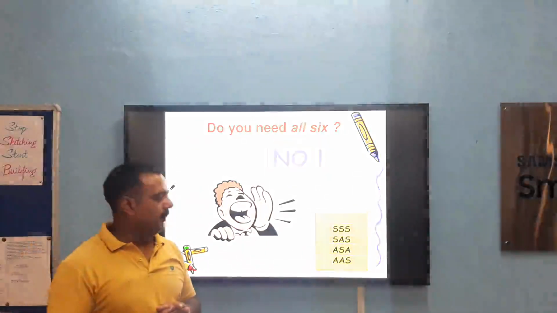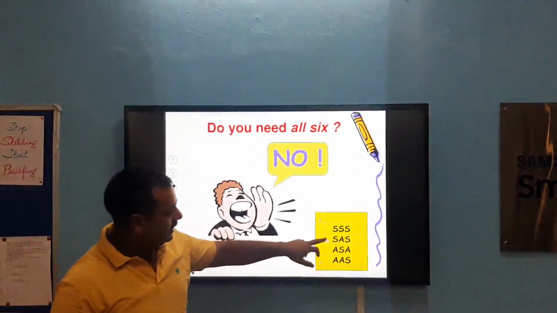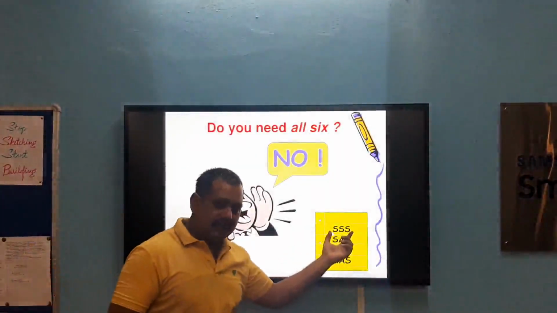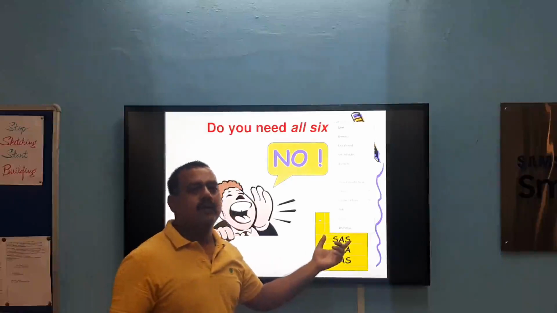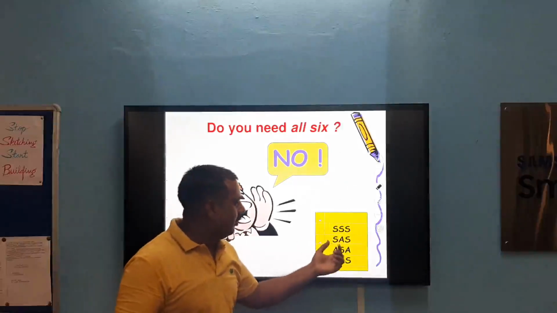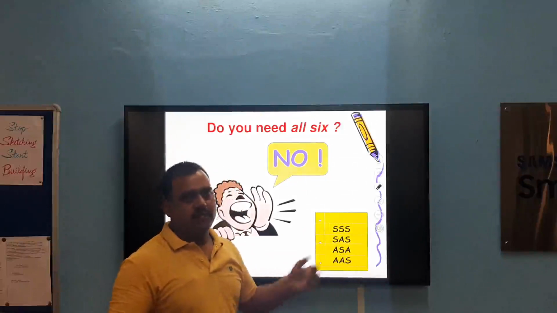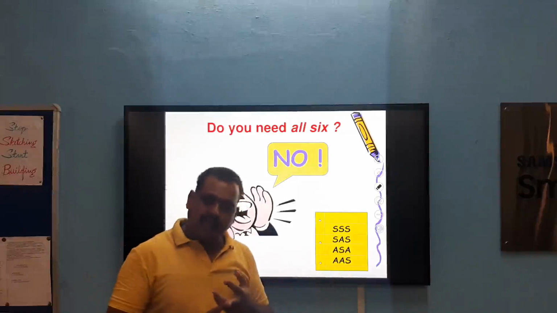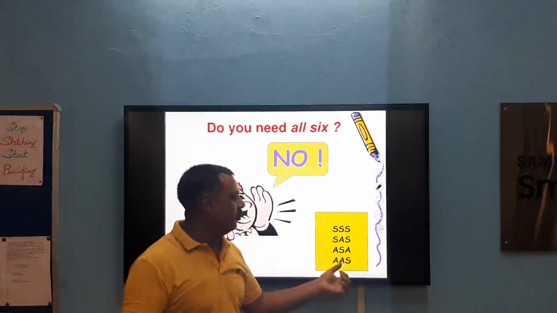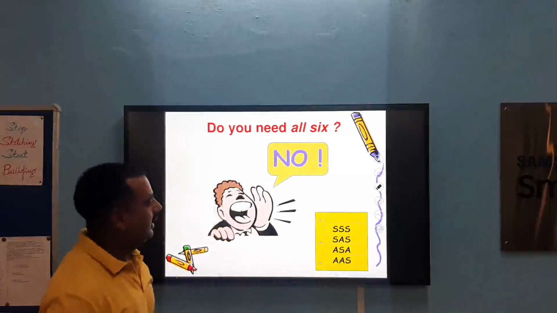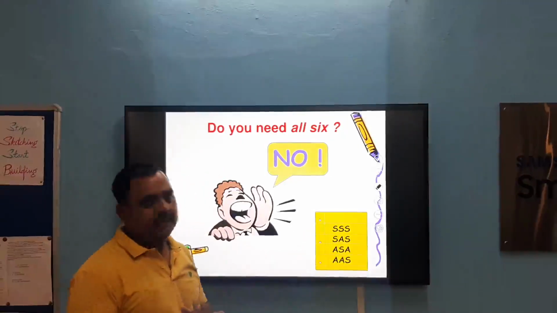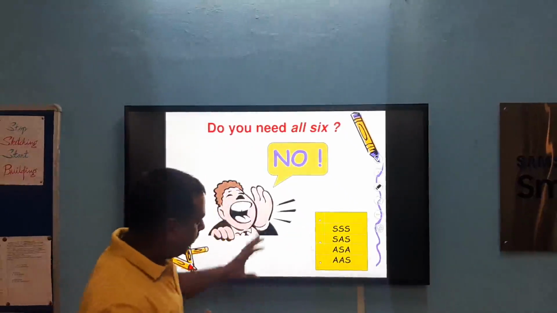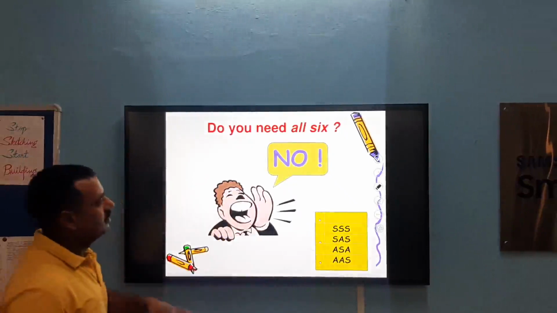With combinations of 3 parts like SSS, SAS, ASA and AAS. It means if we know all 3 sides, then we are able to prove the triangles congruent. If we know 2 sides and 1 angle, then we are able. If we know 2 angles and 1 side, then we can prove the 2 triangles congruent. These are the criteria of congruency, and they have some specific properties. So, how can we use these?